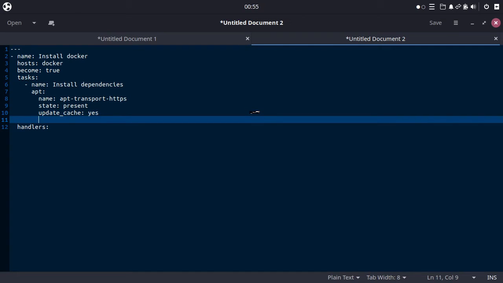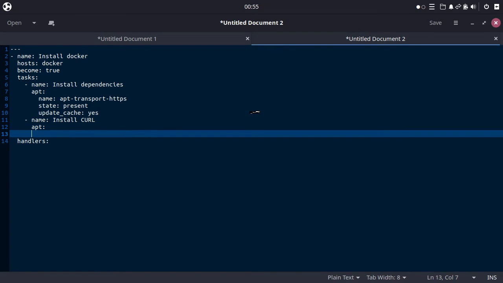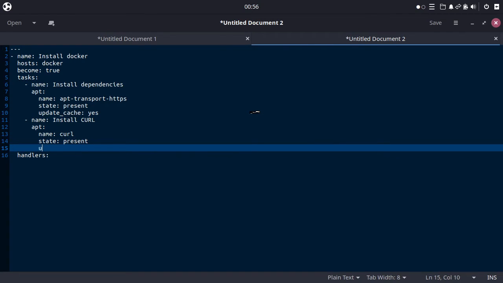So the other dependency is curl. So we need to install curl. This is still dependencies. Okay, the command that we are going to use is apt. The application name is curl, state present, update cache yes.